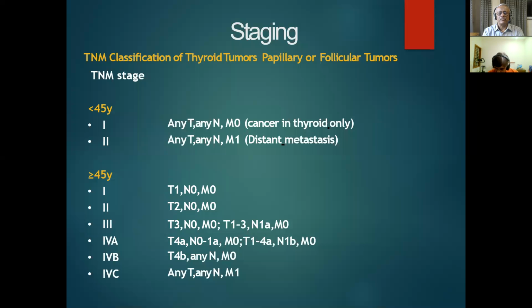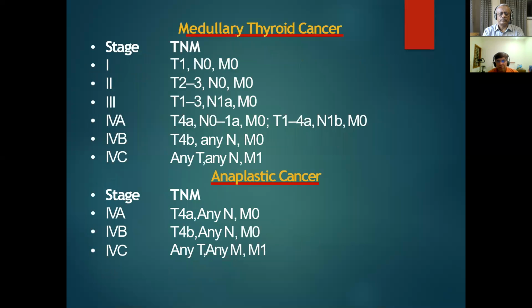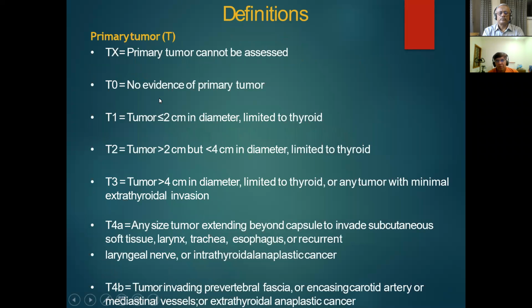So, staging of the disease with TNM staging. Sir, should I explain everything, sir? Yeah, go on, at least the major factors. The size is very important in thyroid. So T0 is no evidence of primary tumor, and T1 is tumor less than or equal to